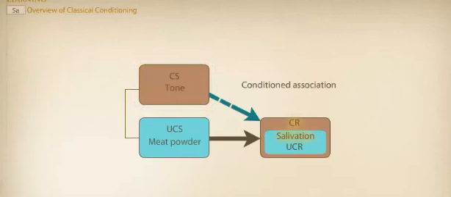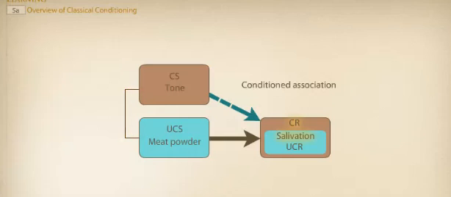The conditioned response, or CR, is a learned reaction to a conditioned stimulus that occurs because of previous conditioning. Classical conditioned responses, such as the salivation of Pavlov's dogs, have traditionally been characterized as reflexes. These responses are said to be elicited or drawn forth because most of them are relatively automatic or involuntary.